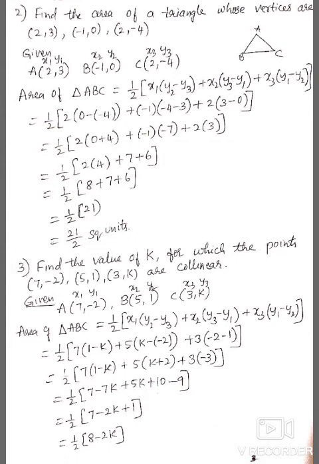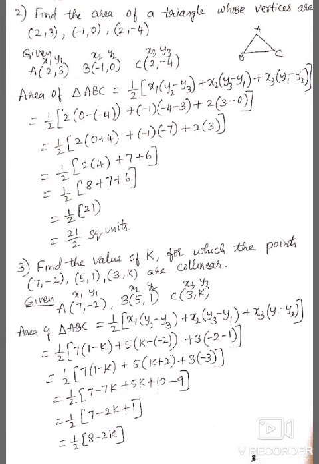So that is equal to half of, x1 is 7, y2 is 1, y3 is k, x2 is 5, y3 is k, y1 is minus 2, x3 is 3, y1 is minus 2, y2 is 1. So now substitute: half of 7 of 1 minus k plus 5 of k minus of minus, plus 2, plus 3 into minus 2 minus 1, minus 3. So that is equal to 7 into 1, 7 minus 7k, plus 5k plus 5 into 2, 10, minus, plus into minus 3, 3 is 9.